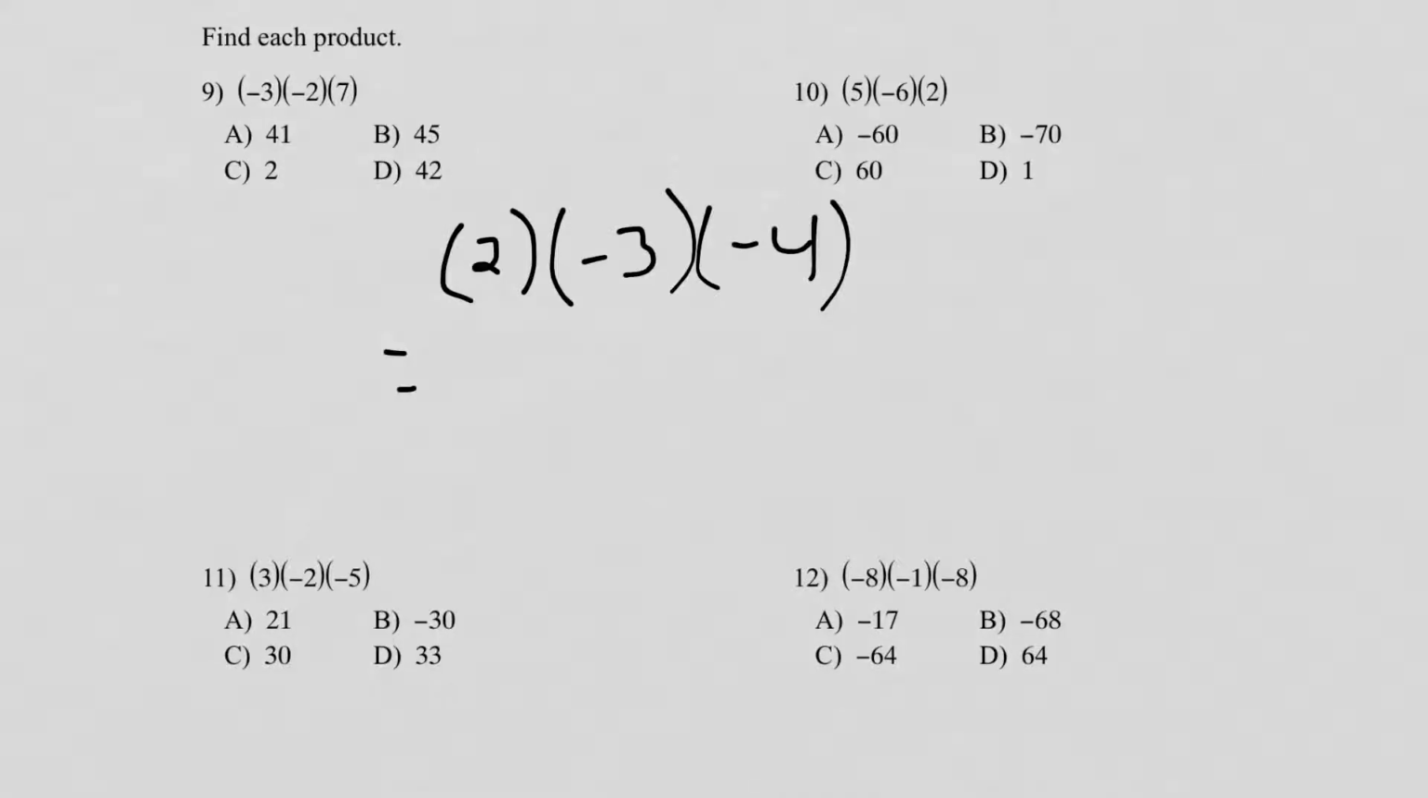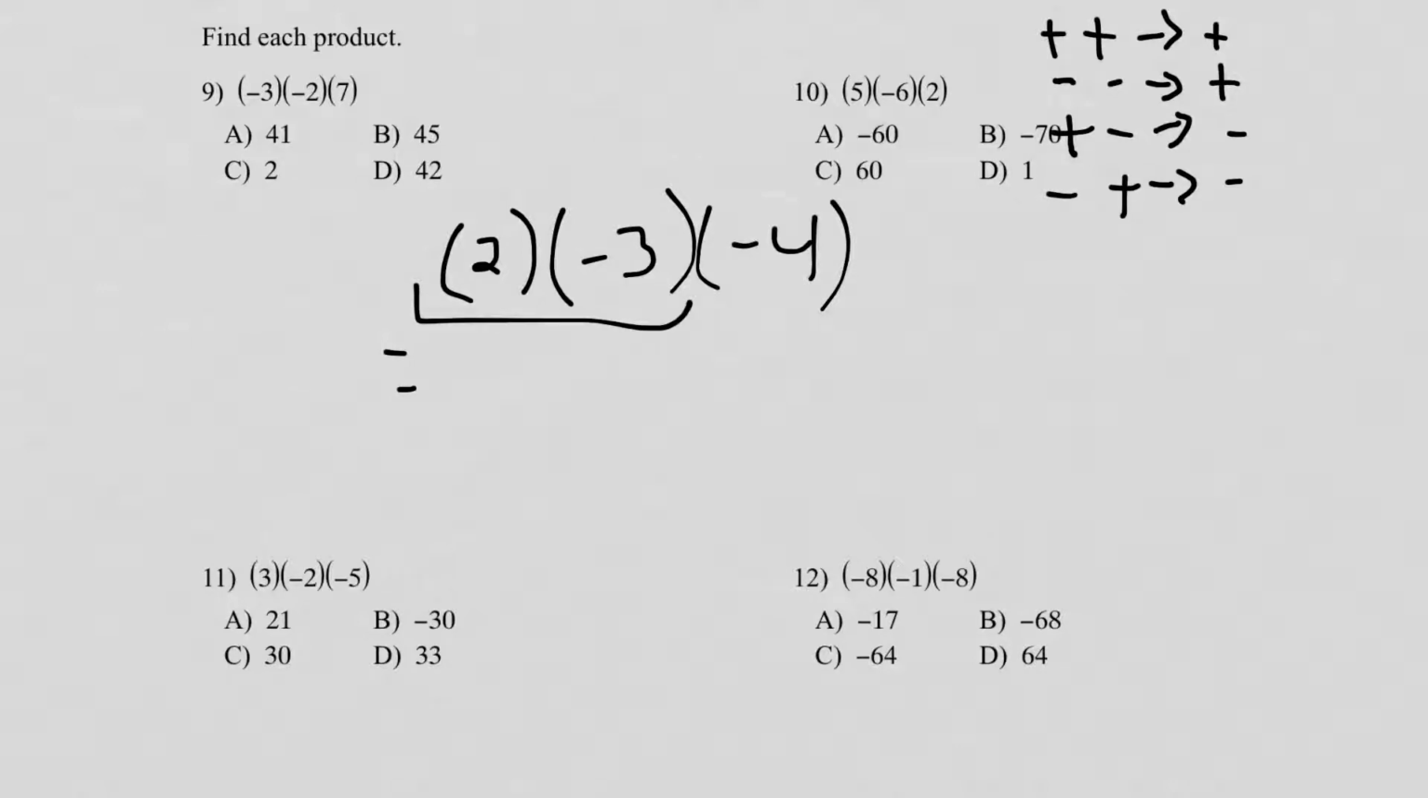Starting with multiplication, again we are following the same multiplication rules we had on the previous sheet, where two positives lead to a positive, two negatives lead to a positive as well. When the signs are different, that's when we end up with a negative. So we're going to use order of operations to take care of this,